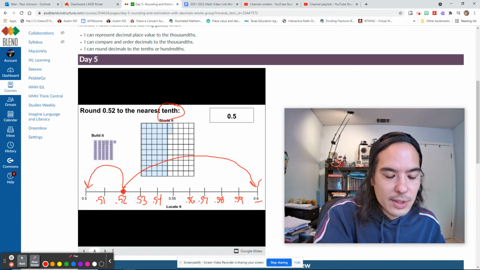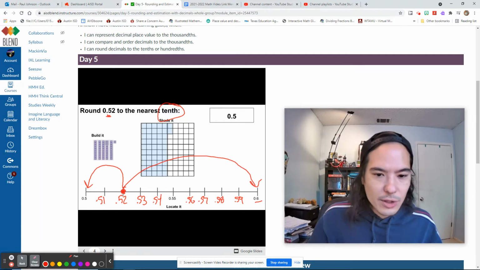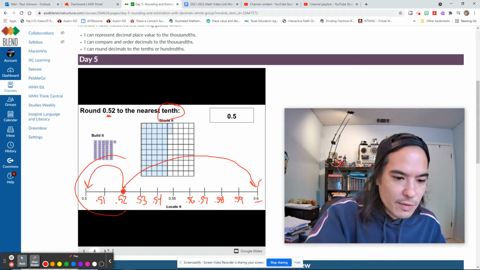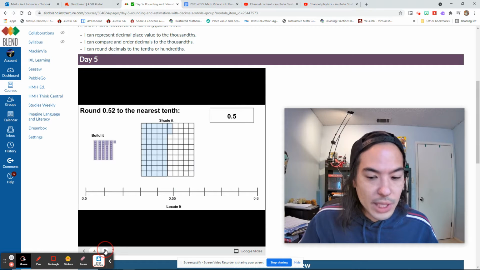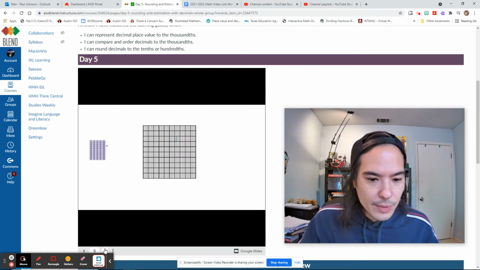Since we're rounding to the nearest tenth, we have to figure out which one it'll be. And we have decided that 52/100ths is closer to 5/10ths. If you had 52 cents, it's closer to 50 cents than it is to 60 cents. So remember, your knowledge of money and things like that can come into play and help you out. All right, so